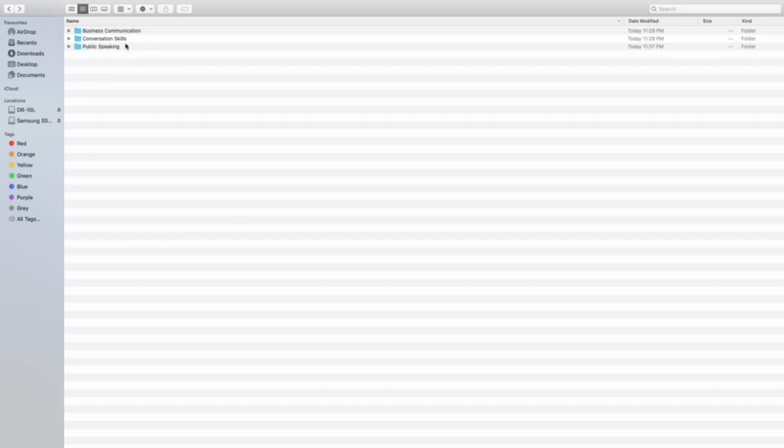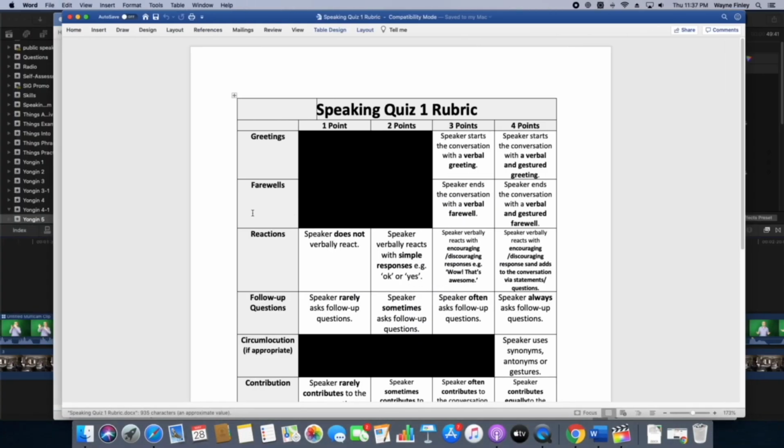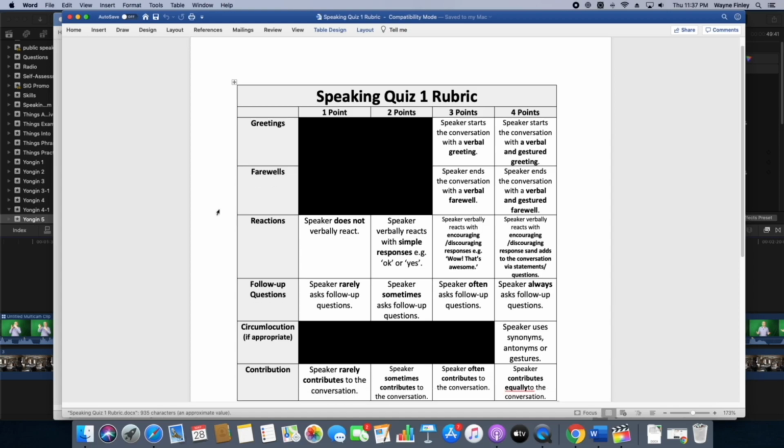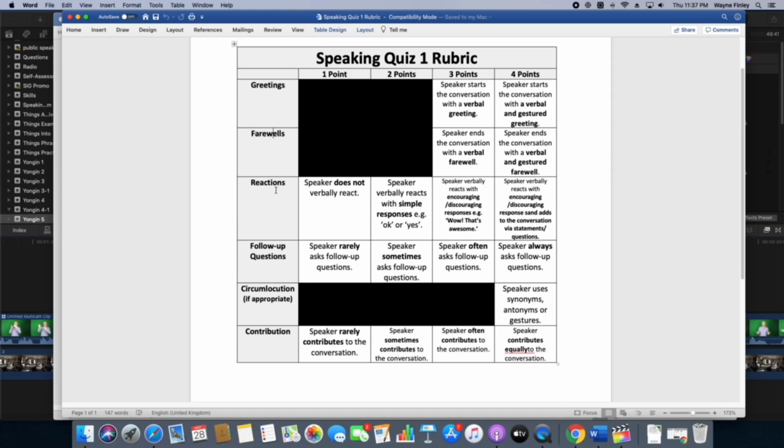Let's take a look at conversation skills. Throughout the conversation skills course, lots of speaking practice, midterm exams, final exams, but I also do little quizzes to focus on particular areas. So for example, speaking quiz 1: greetings, farewells, reactions, follow-up questions, circumlocution.